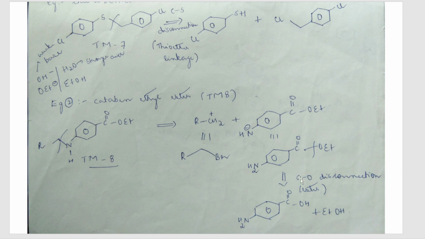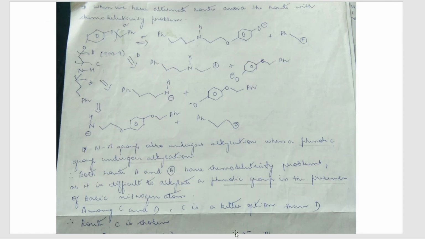If this is your target molecule, say this is one more example. Here only we can understand this is your target molecule. How will you disconnect this? It's best to disconnect over here, next to the oxygen. Here oxygen carbon bond disconnection you can do. So what you will get here, you can add one OH, here also you can add one H. So there will be elimination of water and you will get this ester molecule. Okay, so that is another example that I've just shown for your reference over here. That is guideline number 2. Next is, what is guideline number 3?